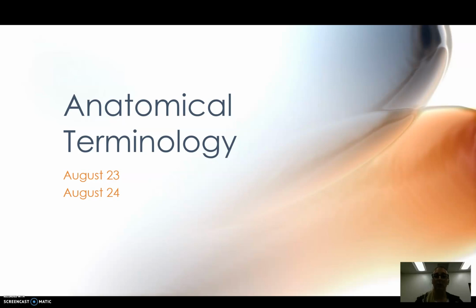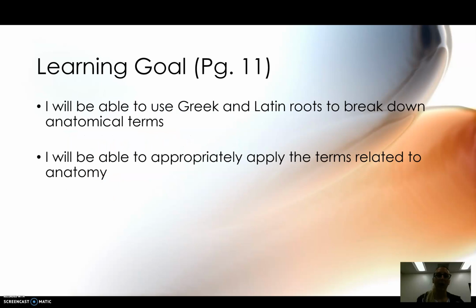So our notes today are over anatomical terminology. We can also refer to this as directional terminology. And this will be for our class lecture August 23rd or 24th, depending on if you are an A-Day or B-Day. Our learning goal, don't worry about where it says page 11 up there, that's for something else, but